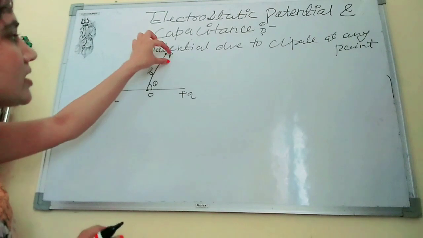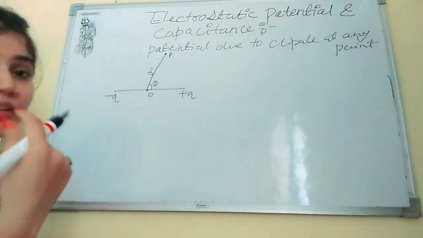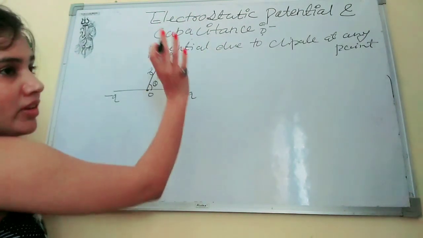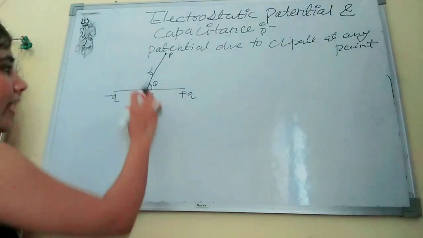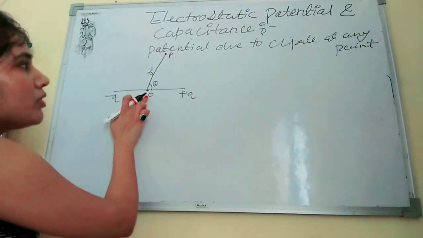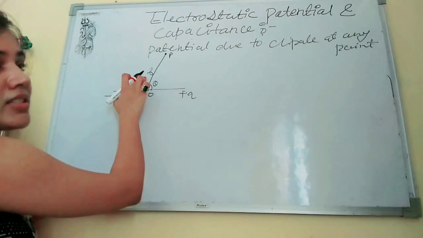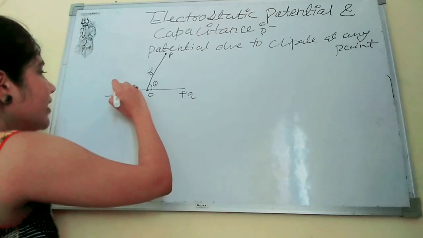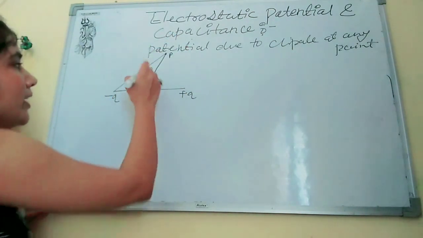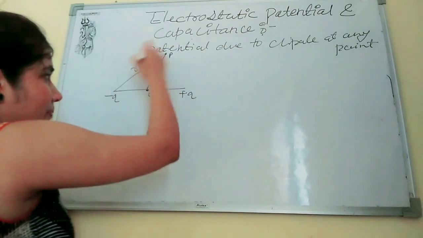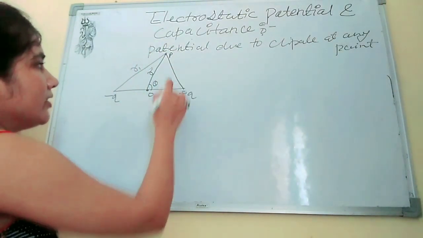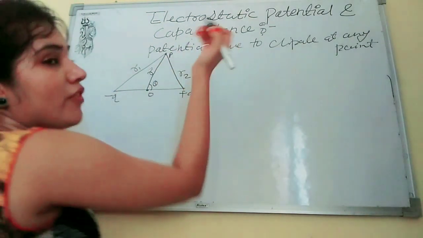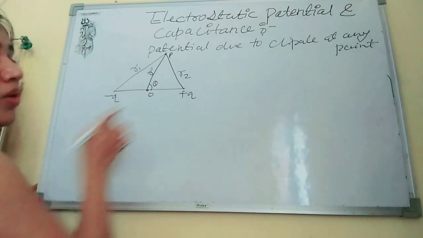Okay, now this point is neither placed on the equatorial nor on the axial line. It is just placed anywhere. We have taken that point P, and this is the center of the dipole which is joined, taken as position vector r, and this is angle theta. Now we simply join minus q to P and take it as distance r1, and here we take the distance r2. Now we will find the potential at both the points.